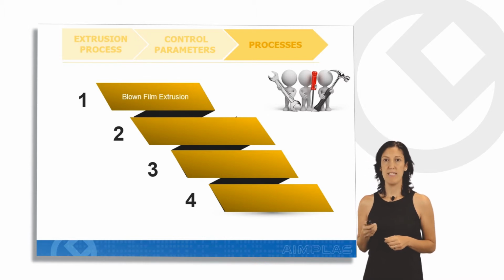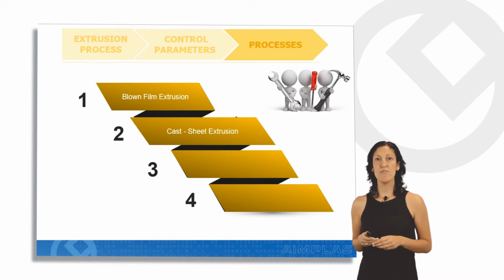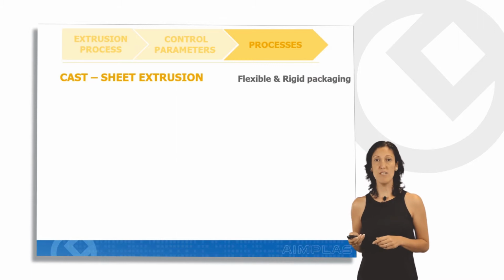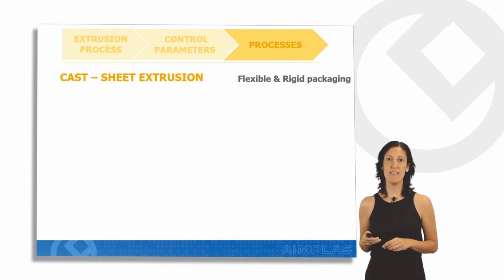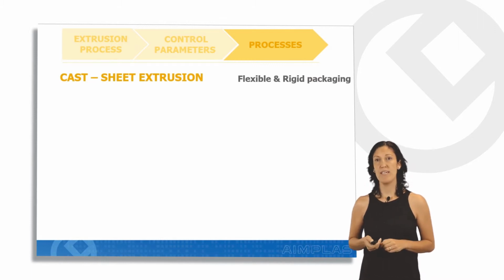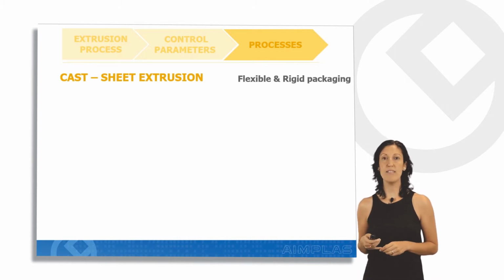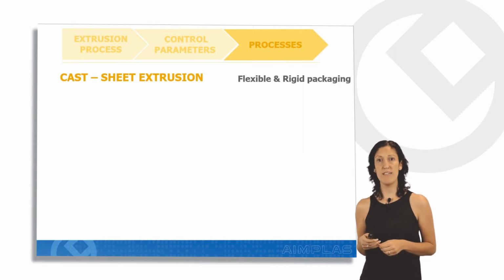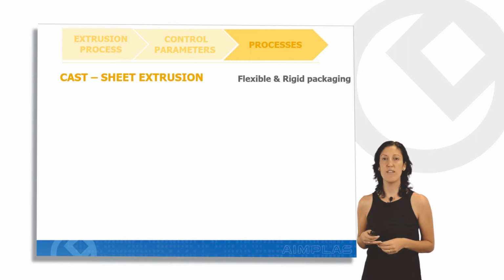Okay, so let's go now with the second extrusion process we are going to review today. This is cast sheet extrusion. Cast sheet extrusion is an extrusion process that we could use in order to obtain films or sheets for